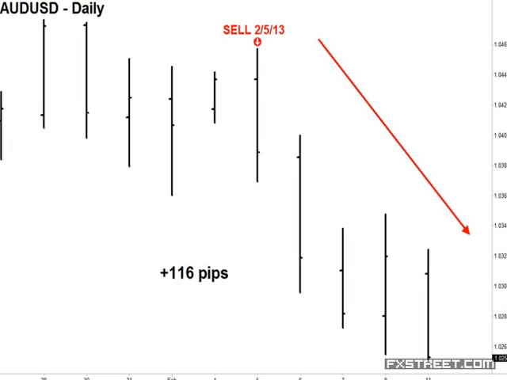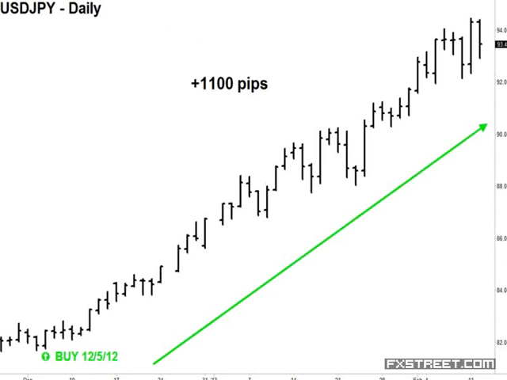And then lastly, a real signal that we gave all of our members was to go long the euro-yen. This was on the 5th of December. We gave them a buy signal the night before. We told them where to enter, where to place your stop, and where to use the standard generic exit. Had you used our more aggressive technique, which we teach you how to implement in the course, you would still be long the euro-yen right now for a gain of over 1,100 pips using our techniques.